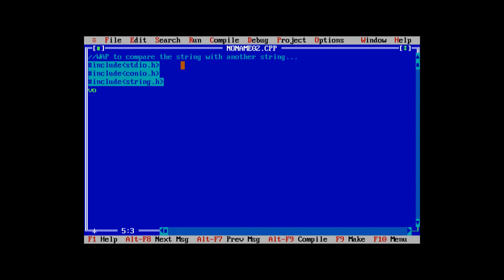Write a program to compare the string with another string. There are three header files, that is #include string.h, then there is a void main, that is the starting of the main. Then there is a string declaration, that is str[10], then target[10], that is also 10,